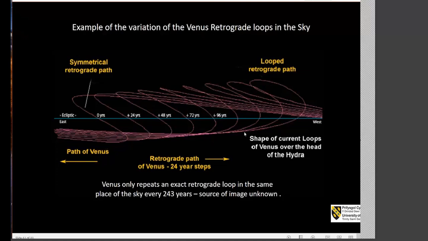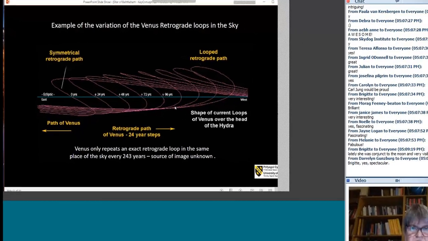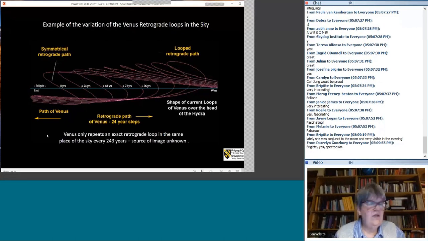But look at this one here at the end: going forwards, turning around, going backwards, doing a loop, turning around, like so. It does really weird retrograde loops, and as I said, they only repeat themselves every 243 years. Now,